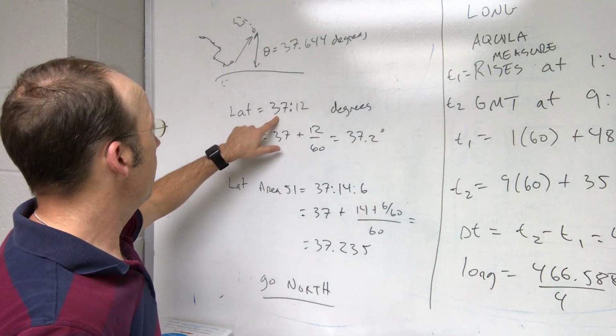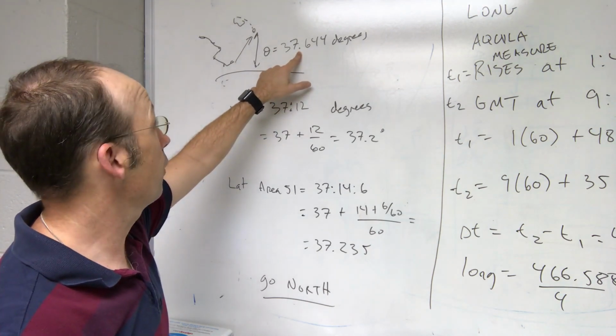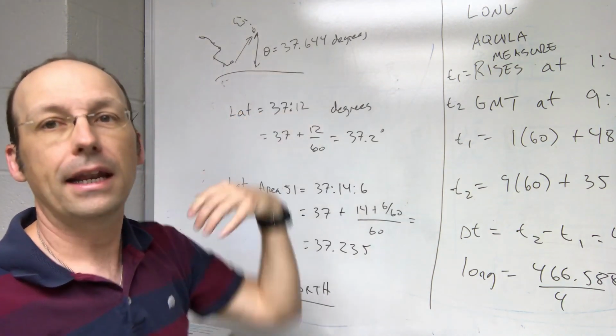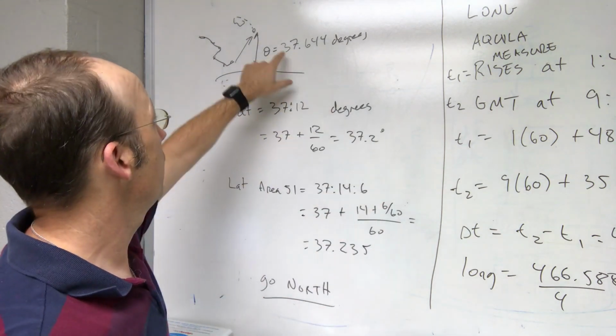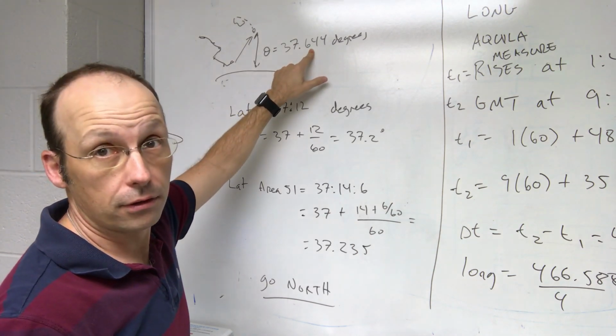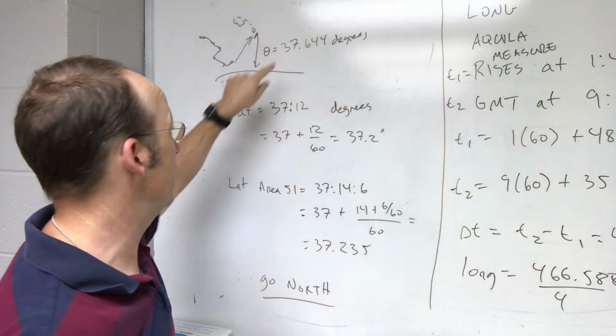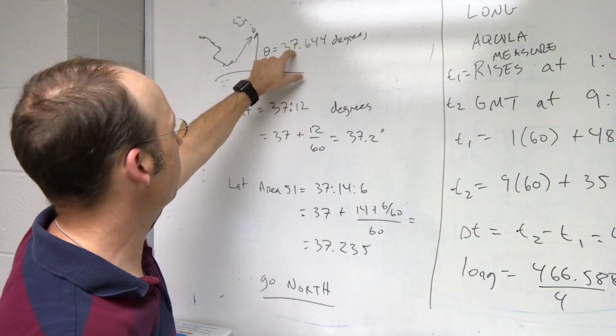So, if you measure an angle of 37.644 degrees, now if you want to get that into degrees and minutes, then you have to take 37 degrees and multiply 0.644 degrees times 60 to get into minutes, and you get, actually this is the one, that's the location of